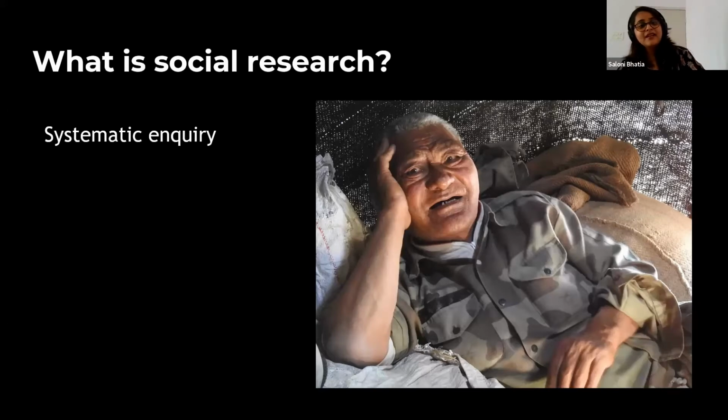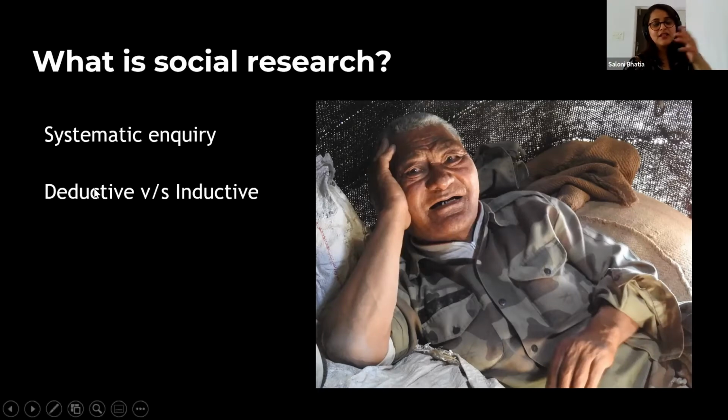Okay, so primarily there are two kinds of inquiries that one could have, very broadly speaking, and these two are deductive and inductive research. So has anyone come across these terms? Would you know what deductive means and how is it different from inductive research? Anyone can give an example of deductive versus inductive? Okay, so deductive research is basically hypothesis driven. You have an idea, you have a hypothesis when you begin your research and you kind of test that hypothesis out.